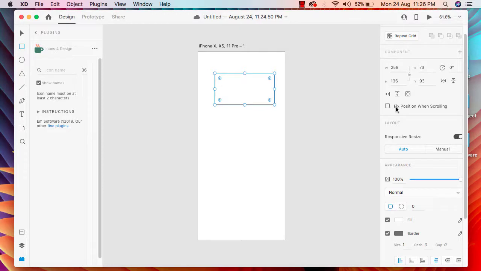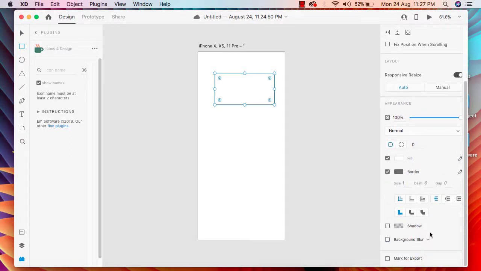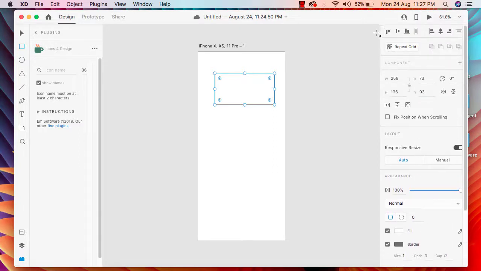If you click here, fix position when scrolling, then you will be able to see the layout options. And right here we have this radius option, then our different radius, then the color option, our border section here, then the shadow, background color, and our export options. So these are the basic tools, and in here we have a couple of options. We can move it by clicking those options. And this one is for our repeat grid option. You will end up learning each and every tool while we work on different sort of projects.